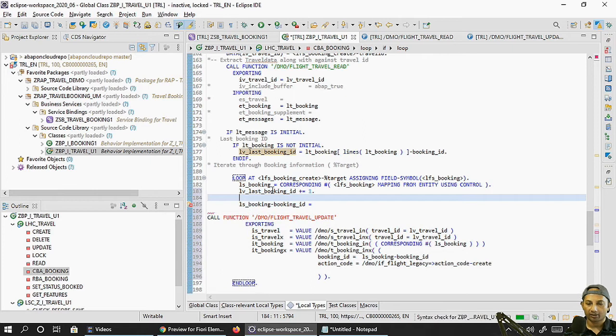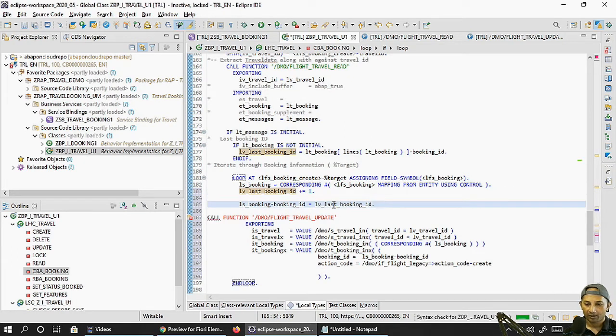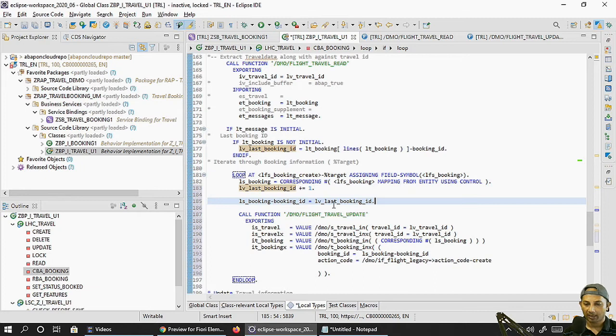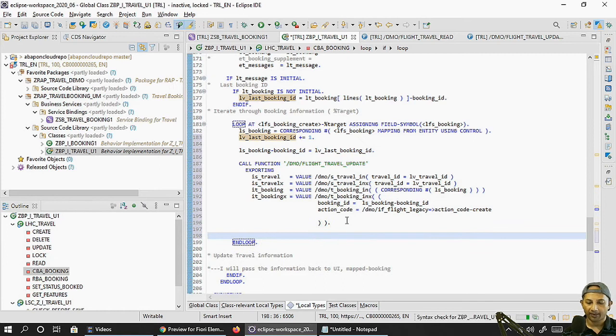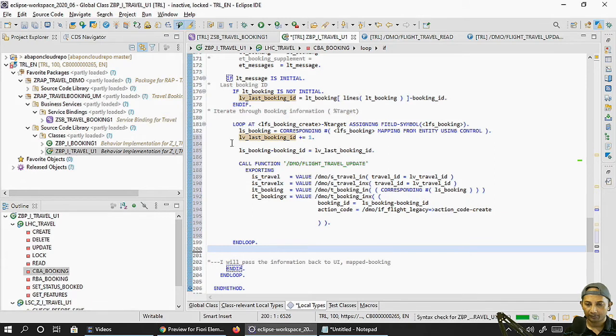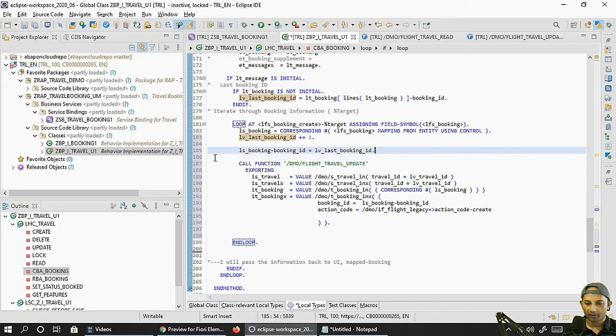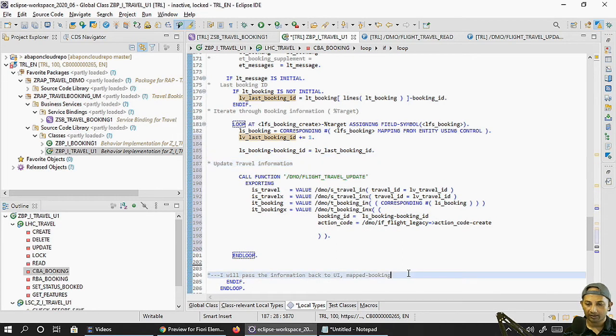So that way it's incremented by 1, and that we can assign it back over here, right? So by doing this, it is having the latest number I have generated, passing the same value, booking id, and everything all good. So what next is, we have to pass it back to the update travel information. So this is what we are doing now, correct? And then we have to pass this information back to UI. So that we'll do now.